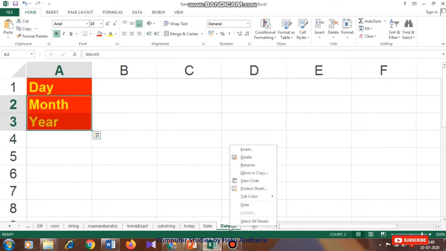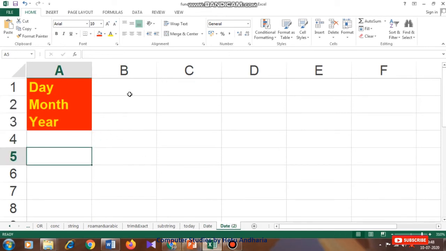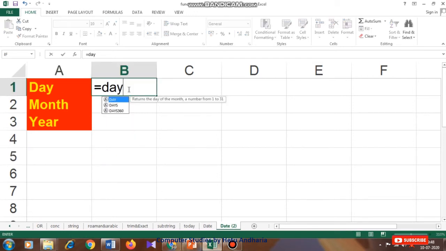Now the next thing is day, month and year. Fine. Now what do these functions do? Let's check. =DAY. First we are learning the DAY function. Then when we enter a serial number, it will display the date, but I entered TODAY.